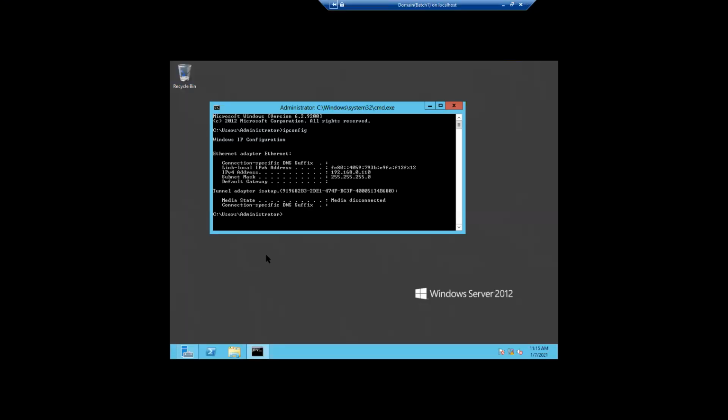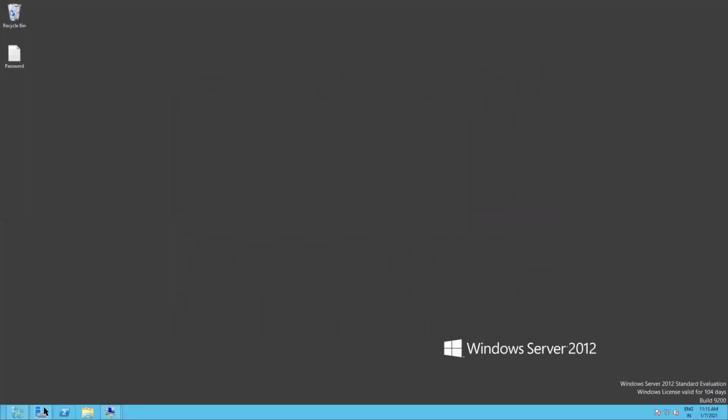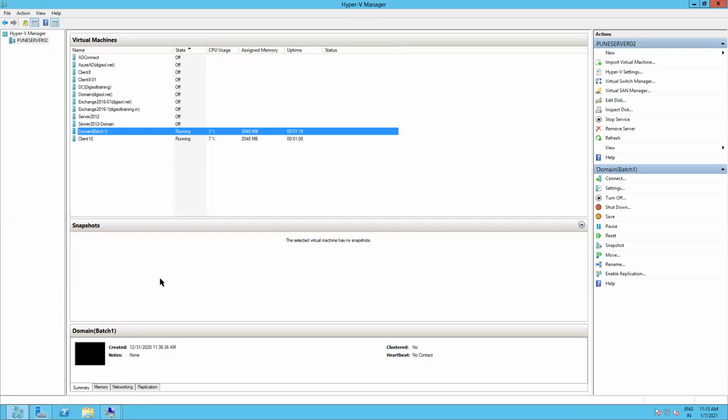Okay, so we have to check what the reason is. One point I have to see here: this is a virtual network, so first of all there will be a virtual switch. It is connected with the virtual switch, not a physical switch. So first I have to verify that, in a virtual environment, both machines are on the same switch or not. We'll verify how they are connected.